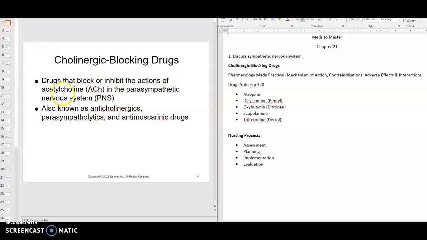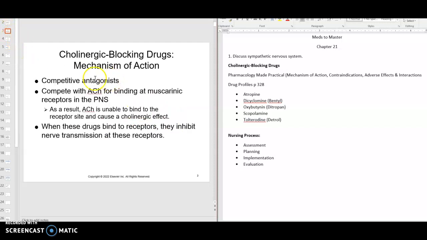They're going to inhibit or block that ACH, so it's going to block that parasympathetic nervous system. We call them anticholinergics or parasympatholytics or antimuscarinics, usually anticholinergics. They work by competing for binding sites for that ACH. I always think about it like football players. So a football player would knock, an anticholinergic medication or a cholinergic blocking medication would knock the ACH, acetylcholine, off